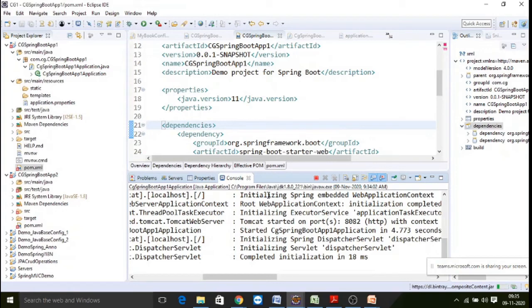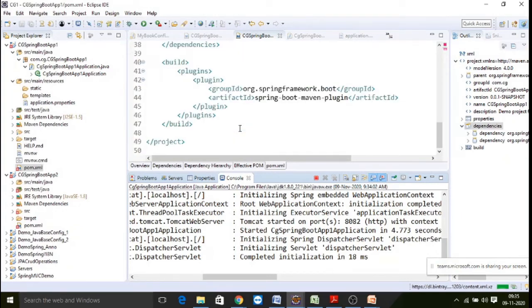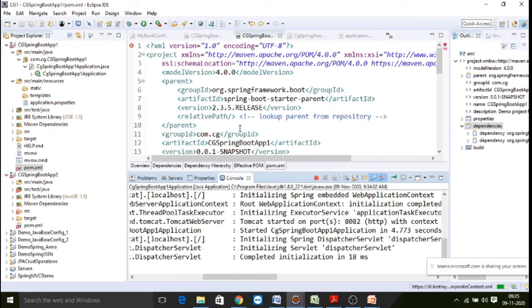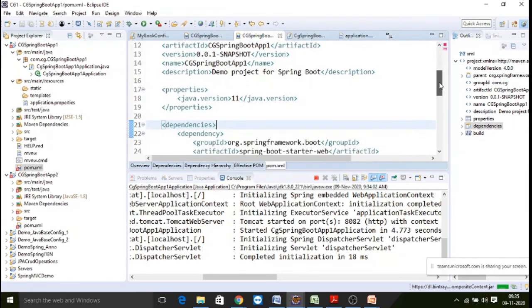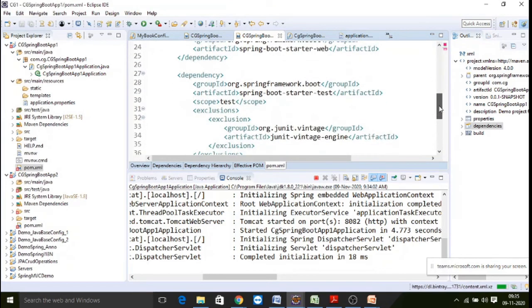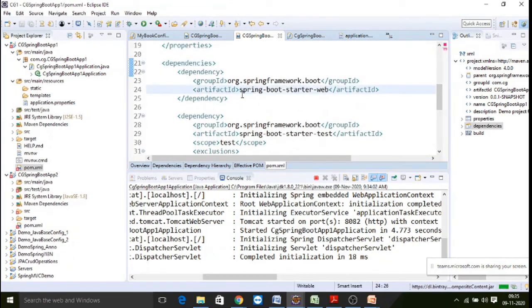We can also make use of those. Default and the most popular is Tomcat. If you want to go with another server based on your client specifications, we have to exclude Tomcat and include the other server, either Netty or Undertow. So that is about the very first Spring Boot application.